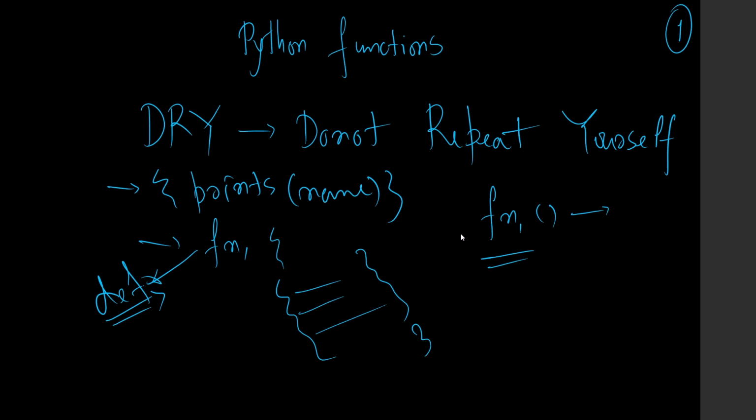So the engine actually sees this line and looks for this particular function, this keyword basically, this fn1, and when it finds that okay, there is this fn1 and all the statements and expressions written inside, it simply executes them line by line. Okay, so this is the basic principle of a function.